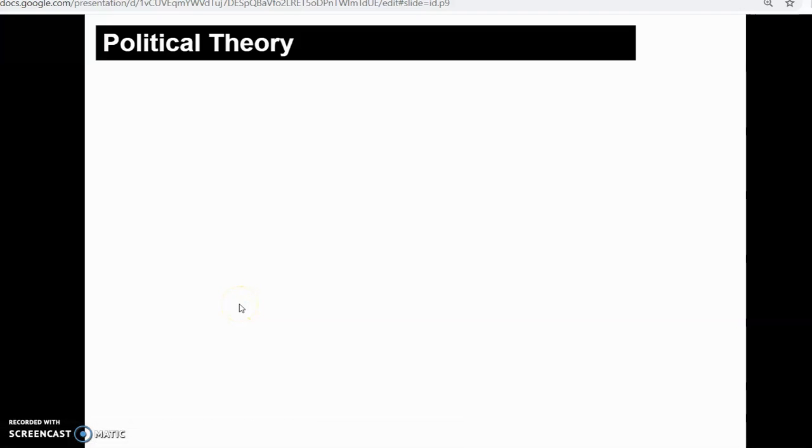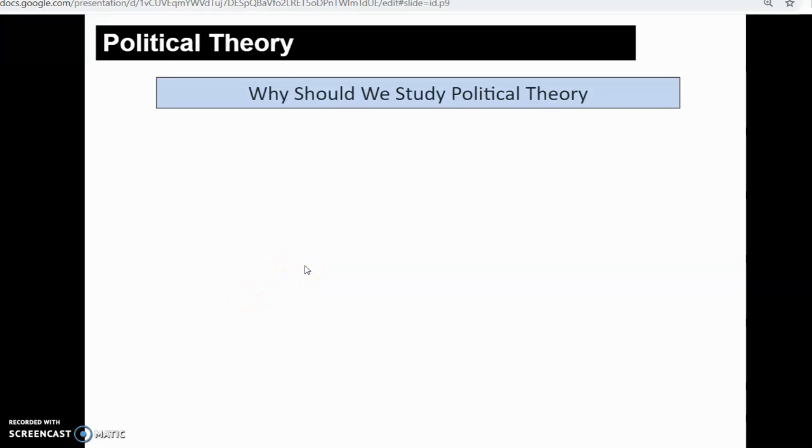So in the last class we discussed a few major topics, like what is political theory, what is meant by politics, and what are the circumstances that led to the origin of political theory, or in short, the roots of political theory, right? So today's agenda is to answer a few more important questions: why should we study political theory, how can we put political theory into practice, and what are we going to study in this political theory subject, right?